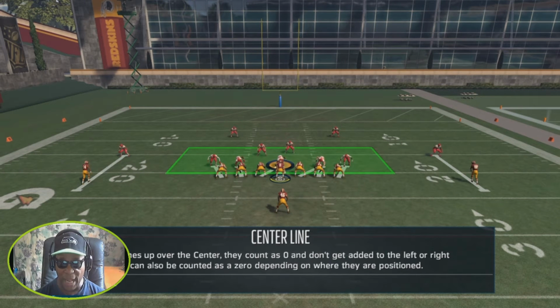If a player lines up over the center, they count as 0 and don't get added to the left or right side. A middle linebacker with MLB, a middle linebacker can also be counted as a 0 defender, defending or